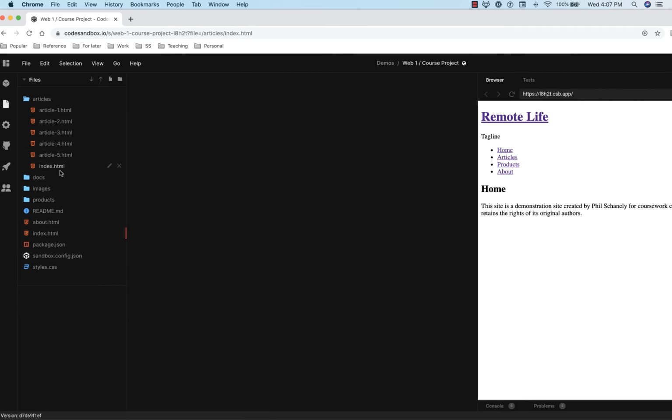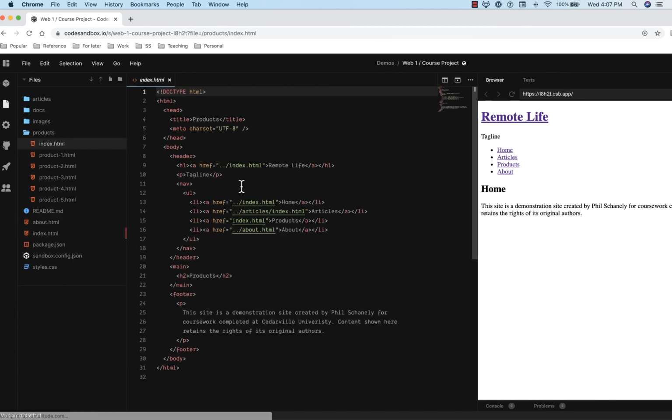All right, the product section should be the same way with different paths so that we're pointing out to the right folders, keeping inside of the products folder otherwise, and then each product name should be in place as well, 4 and 5. Okay,